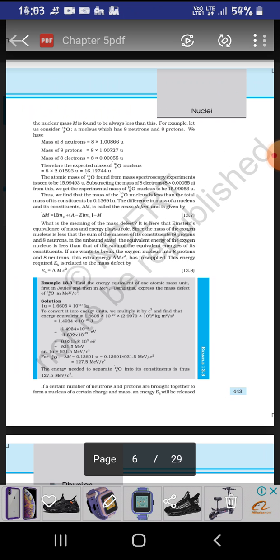Thus, to find the mass defect of O16, we have to use the formula delta M is equal to [Z Mp + (A - Z) Mn] - M. This formula we have to use, and also, since the mass of the oxygen nucleus is less than the sum of the masses of its constituents,